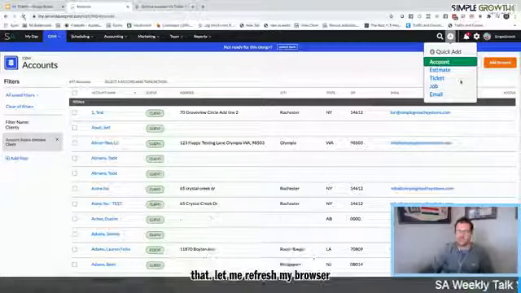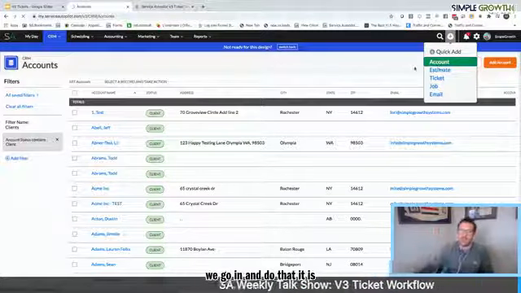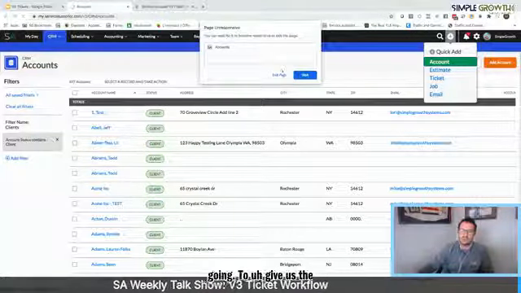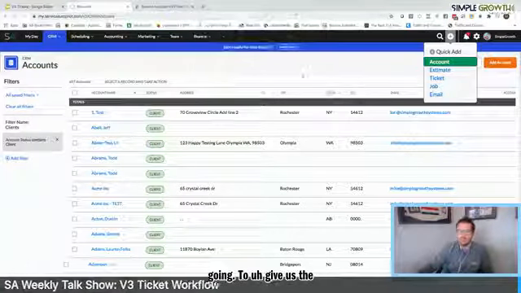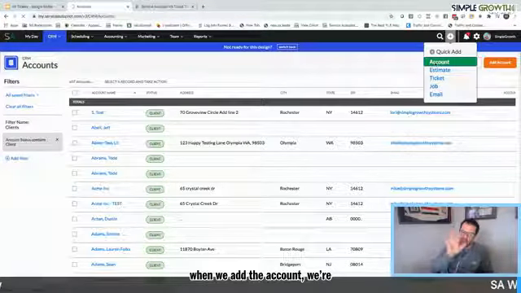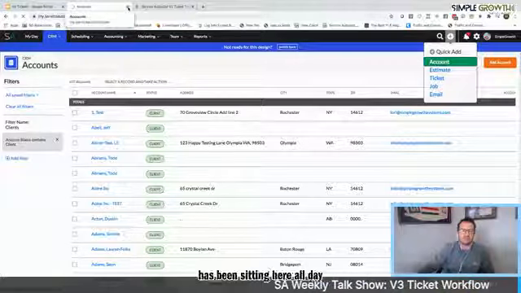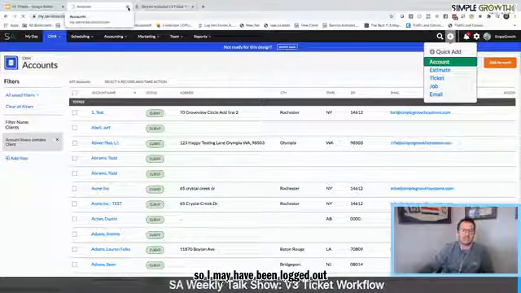Let me refresh my browser here. I think the internet hung up on me. But basically, when we go in and do that, it is going to give us the ability to add that account. And when we add the account, we're going to go to the lead area, not the account area. And this has been sitting here all day, so I may have been logged out of this account. So let me